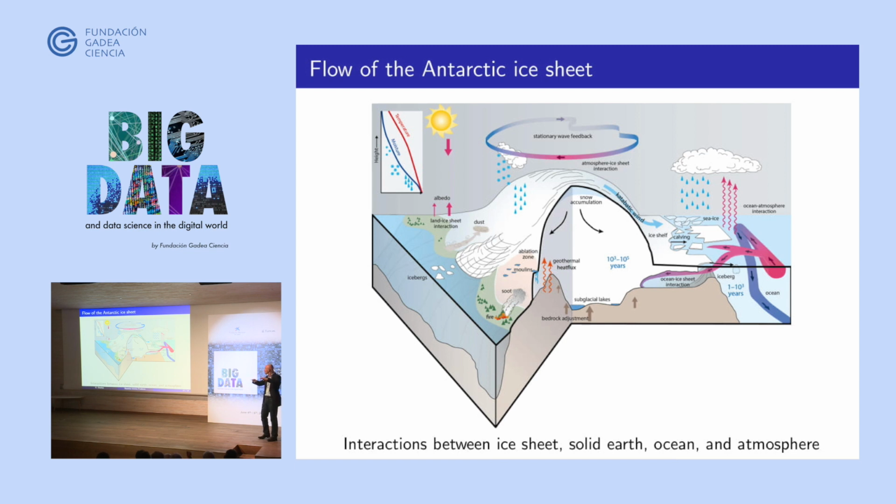These ice shelves play an important role. They buttress the flow of ice from land. So they keep the ice from flowing from land. As these break up, the flow accelerates, and this has been observed over the last couple of decades, in particular in West Antarctica, where the ice is getting thinner over land, and it's flowing faster. And the fear is that if this continues, it can lead to catastrophic sea level rise.